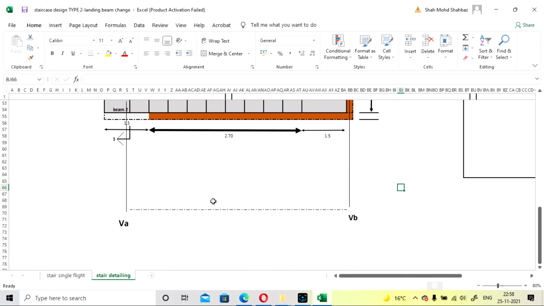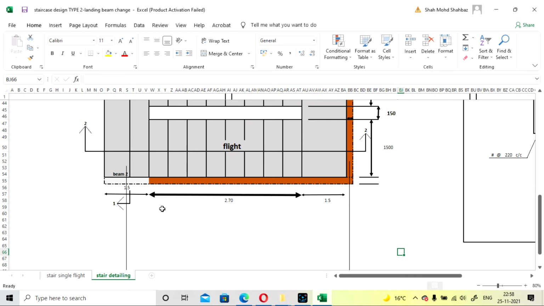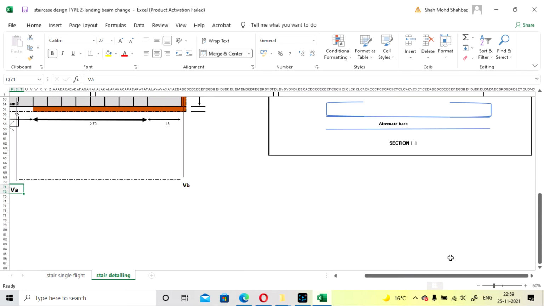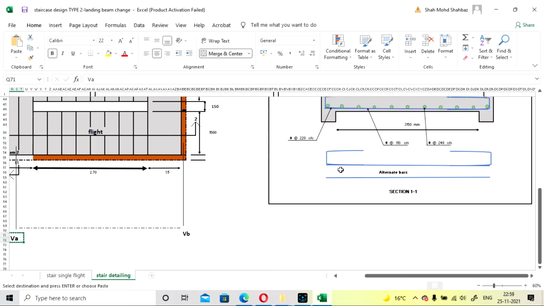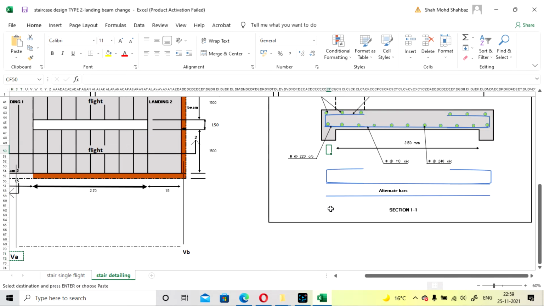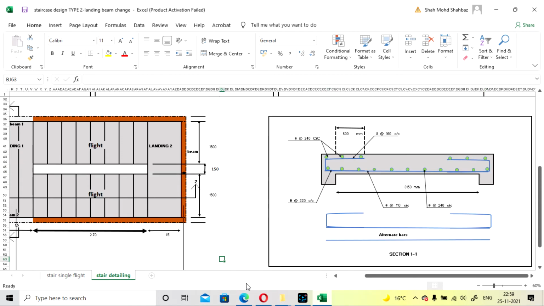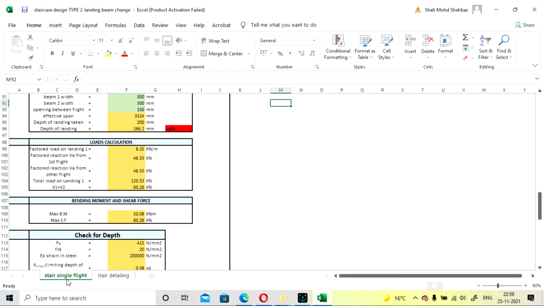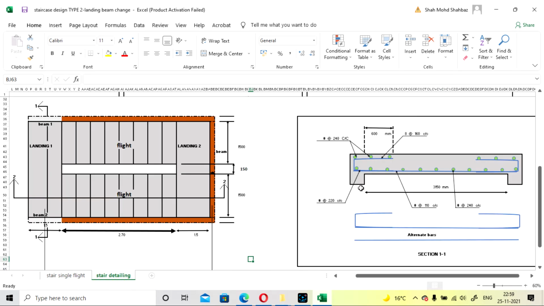And V1 is equal to V2. What is V1 and V2? Here I mentioned now, these two sections are X and B. So V1 will be this, the reaction that is applied here, and V2 will be this.